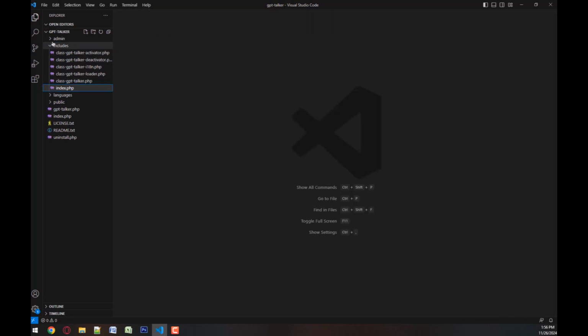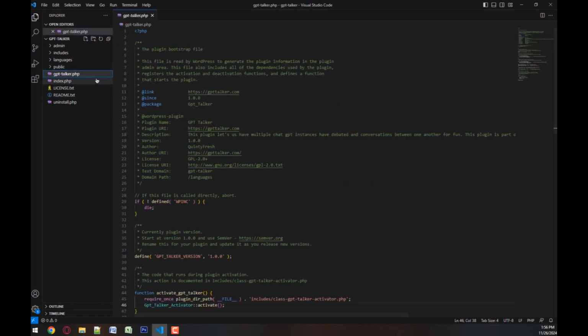So you're not going to modify or touch any of those, okay? So let's start with the base plugin file, which is usually the name of the plugin, and it's in the root of the plugin folder. Okay, and this, like it says right here, this is the file read by WordPress to generate the plugin information